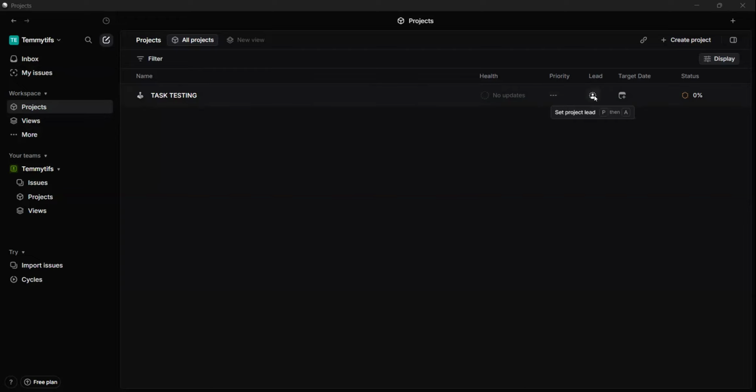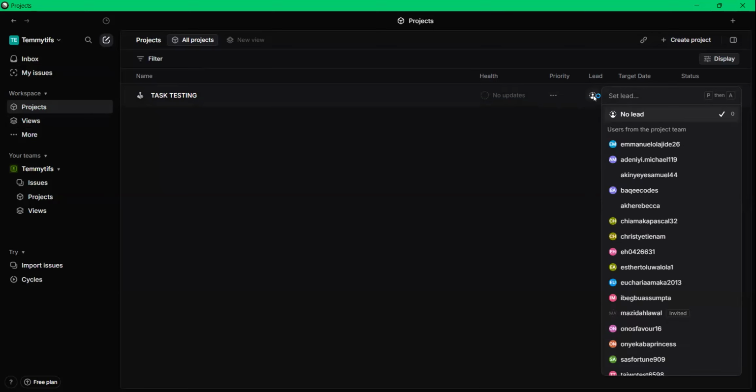Click on it, please. So you can see that this particular project has the name of every user I've added and invited to it. So if you want to create a bug or if you are being assigned to a task,